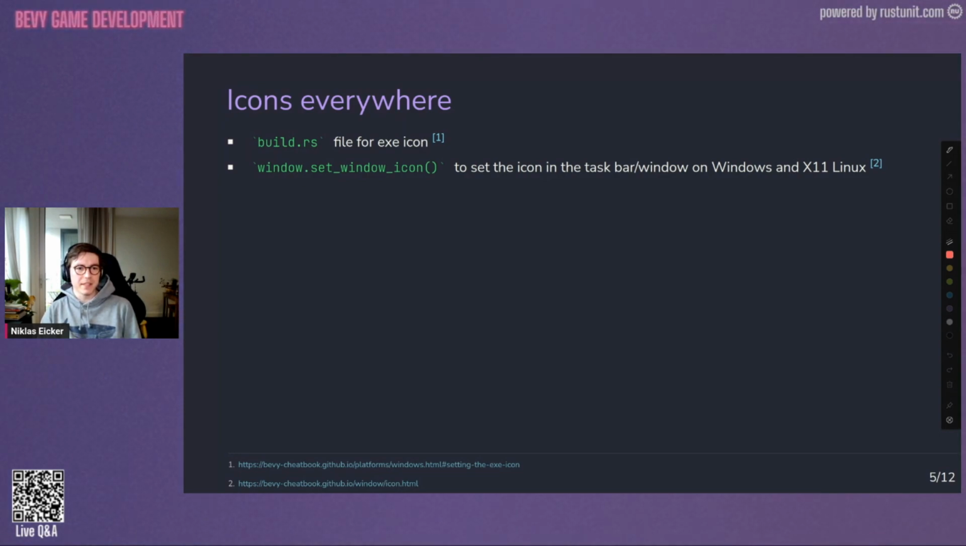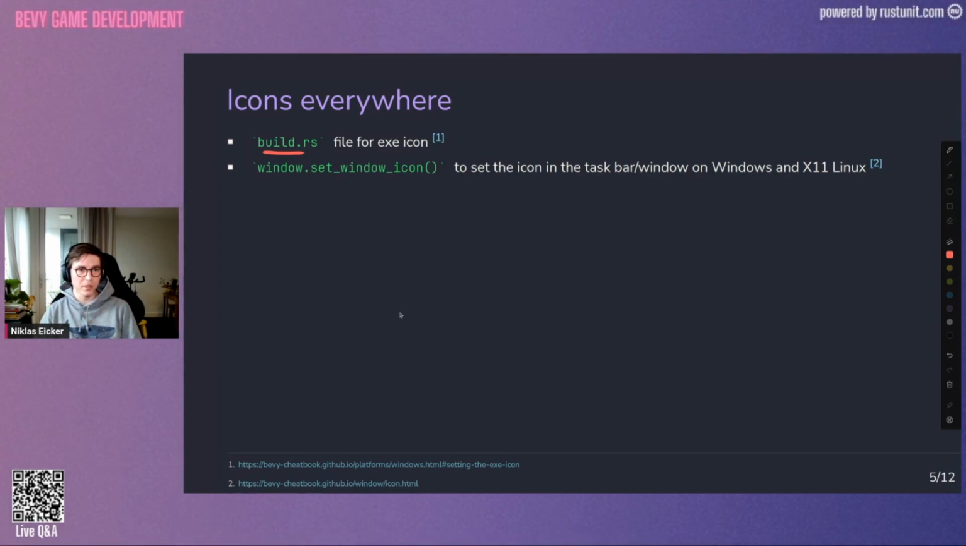In some cases, things like the favicon, for example, you have to set when you actually build your game for a certain platform. But in the case of the executable icon for Windows, and in the case of the taskbar and the window icon for Windows and X11 Linux, this is something you need to configure inside code. So for the first point, for the executable icon, it will be a build file. You can take a look at the game template to actually look at the code of the build file or